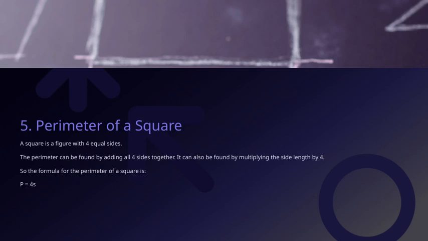To find the perimeter, you can simply add up all 4 sides. But there's an easier way. Since all sides are equal, you can multiply the length of one side by 4. That's why the formula for the perimeter of a square is P equals 4 times S, where S is the